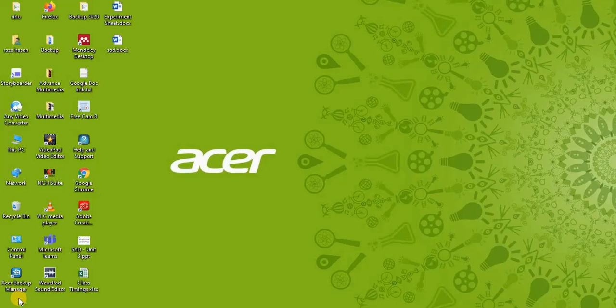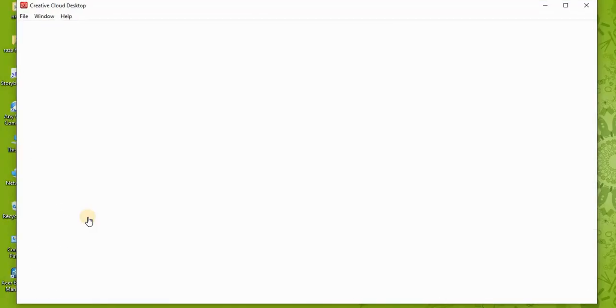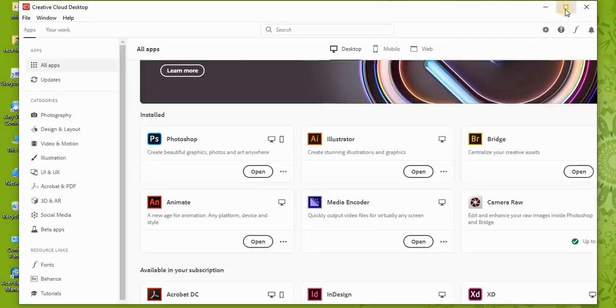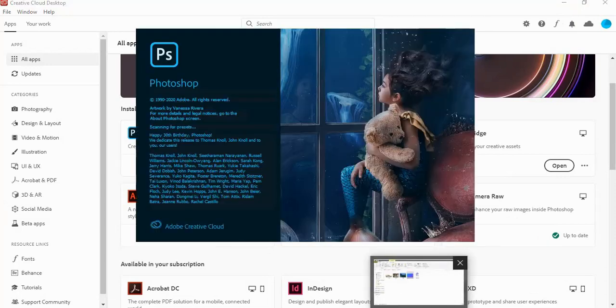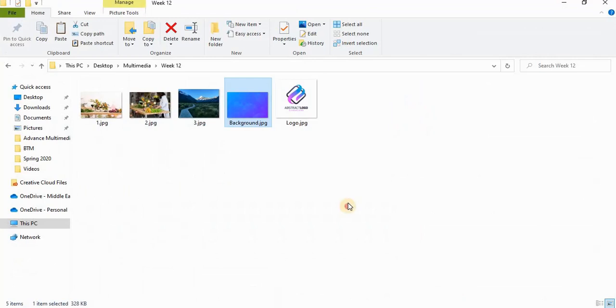Today we are going to discuss how to create a trifold brochure in Adobe Photoshop. So let us start with our Creative Cloud and open Photoshop. While Photoshop takes time to load, what we are going to talk about is